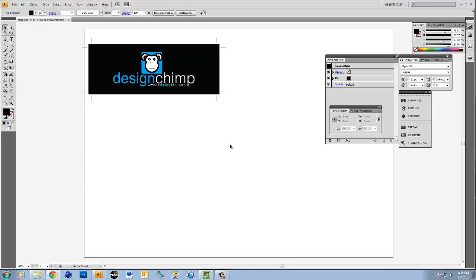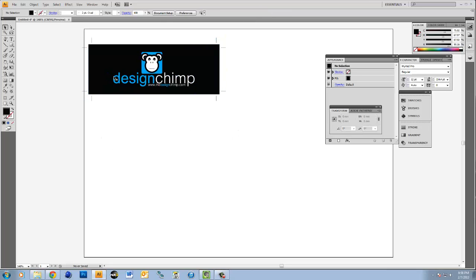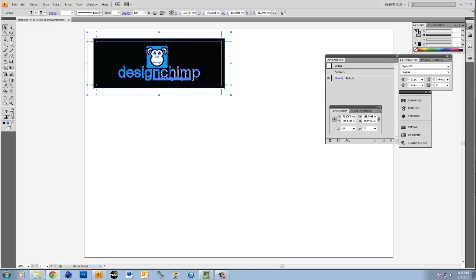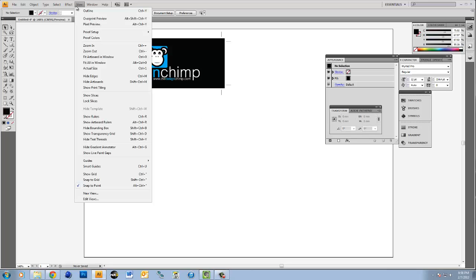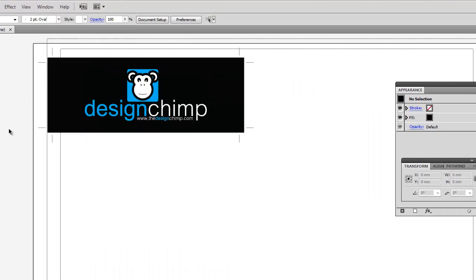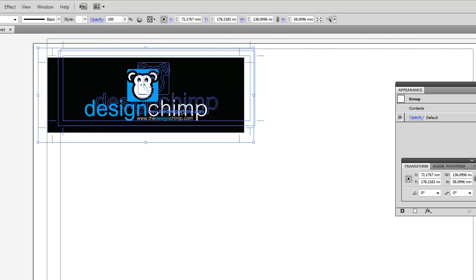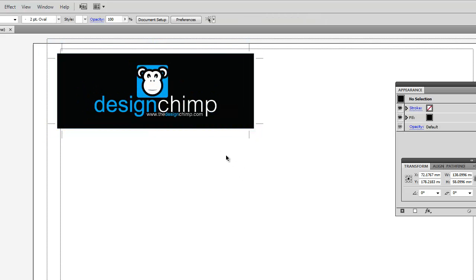Now, what I'm going to go ahead and do is group this all together by hitting Control or Command G if you're on a Mac. And as you can see, we have this all grouped now. You don't really have to worry about position at this moment. We're going to go to View, and then Show Print Tiling, so we can make sure that we fit this all in within our page. So I'm going to just place it up here in the top left, and then